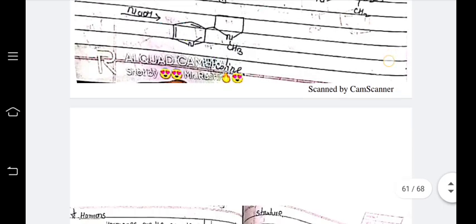Step three is synthesis of nicotine: ethyl nicotinate plus N-methyl pyrrolidine. Claisen condensation gives the product. After completion of these steps,